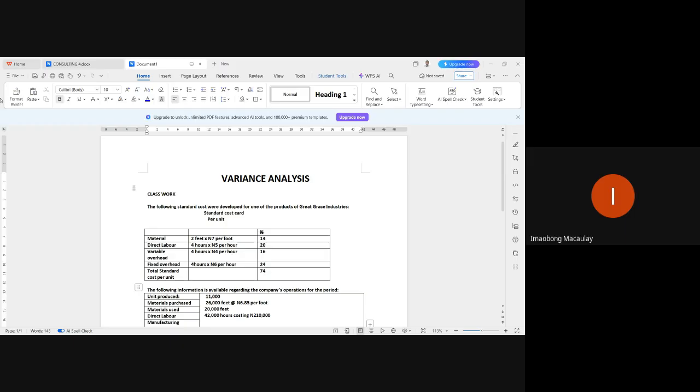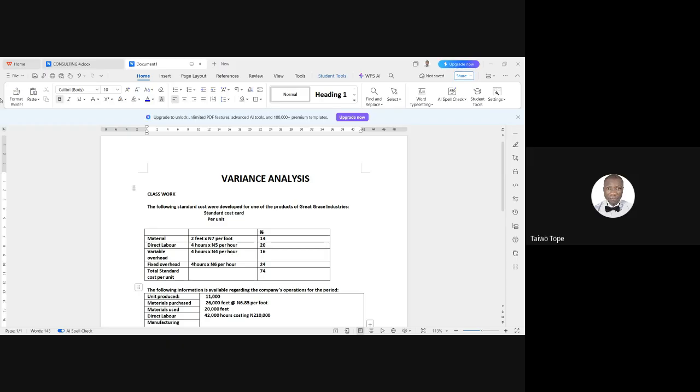Variance is the difference between the standard and the actual outcome. Variance is the difference between the organizational plan and what happened, their plan and the outcome. And in every aspect of costs,